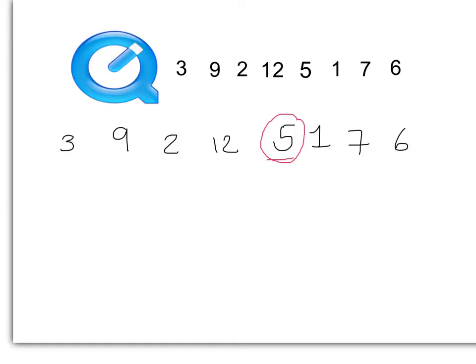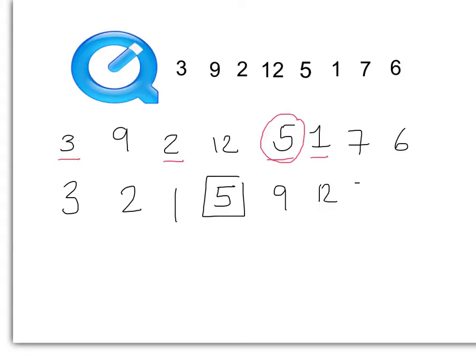So what I'm going to do is underline the ones that should go to the left. 3 should go to the left, 2 should go to the left, 1 should go to the left. And then I'm going to write those in here in the same order, 3, 2, 1. They are all the things that should be on the left of 5, and then 5 will be here, and then the other things in the same order, 9, 12, 7, 6 will be to the right. So at least I know that 5 is now in the right place, and that's one step,